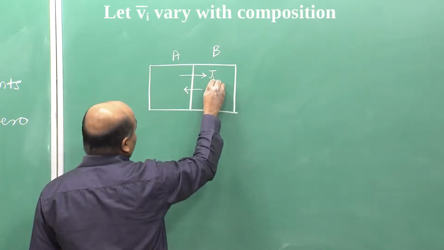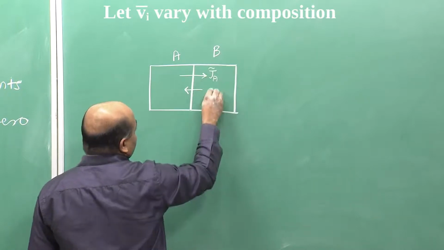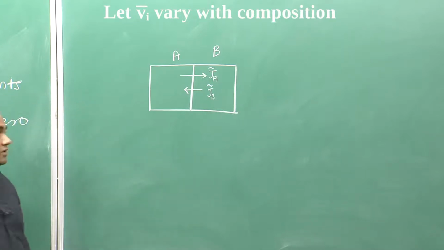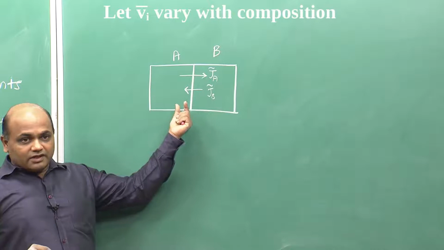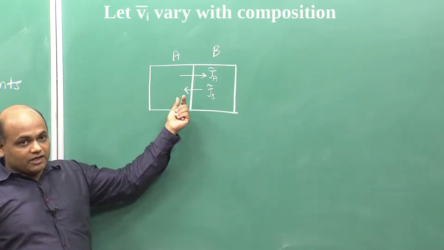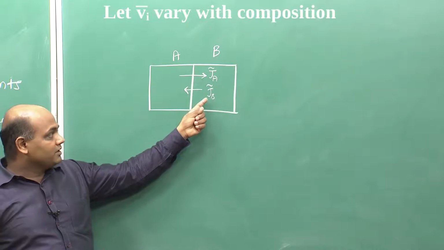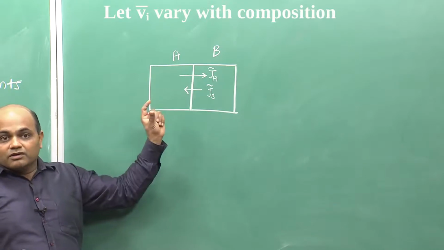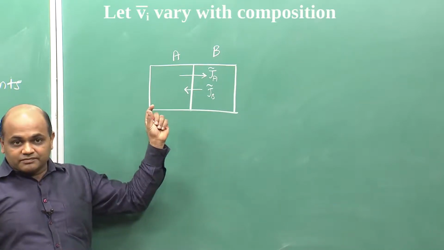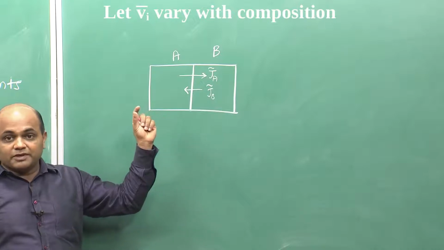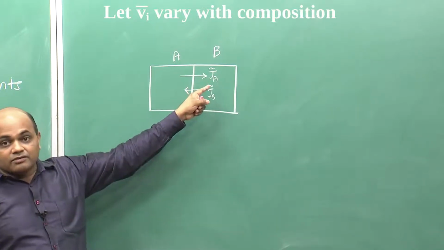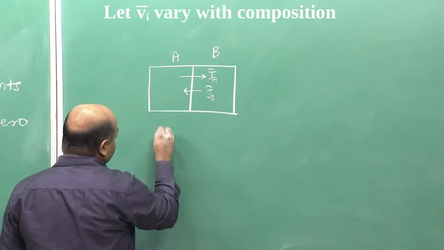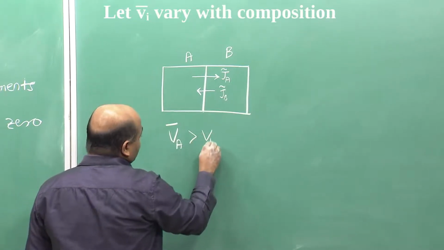So, the net flux of A will be from left to right, B will be from right to left. Consider when initially only one atom of A jumps from left to right and one atom of B jumps from right to left. Although in terms of atoms there is only one atom exchange, in terms of volume it will be different, right, because A will have different partial molar volume than B, and suppose V_A bar is greater than V_B bar,